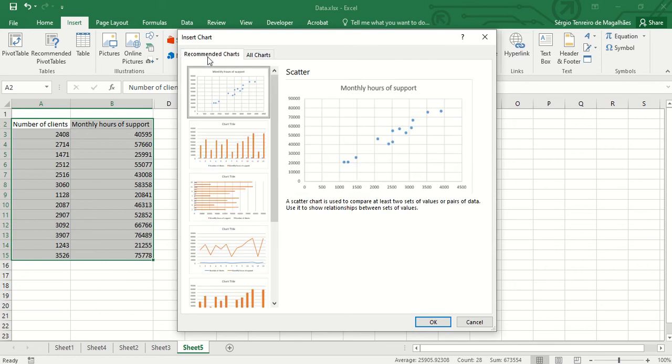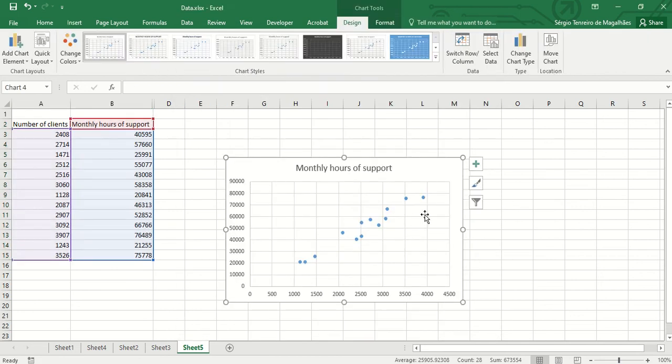But again, to do a regression with this type of data, that's what we want. And so I'm going to insert the chart. Here it is. Once again, you get to